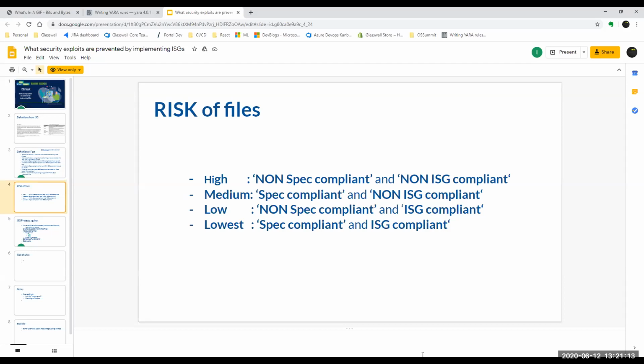What do you mean, a test for this? So for example, if we take a set of good files and a set of bad files, and we add this as a feature. If there were some malicious files that were at the same time non-spec compliant, then that could also prove that if this is non-spec compliant, then